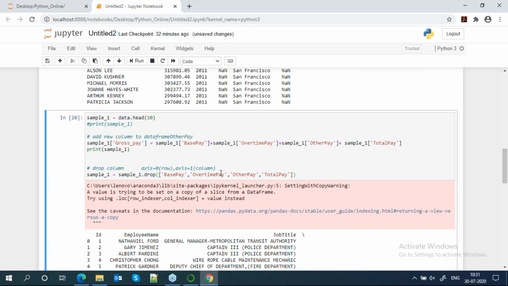If you want to drop a row, you define it is a row. If you want to drop a column, you define these are columns. So we just add one parameter here, axis equal to 1.